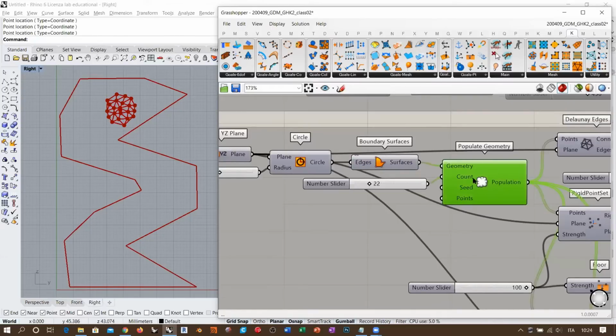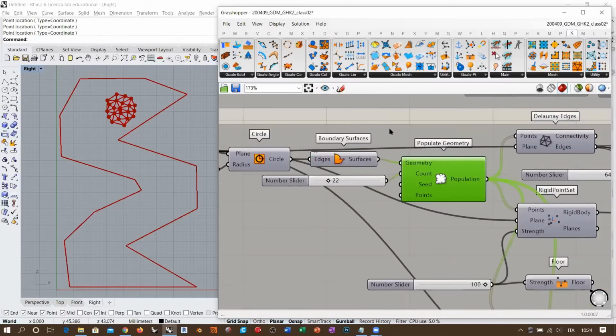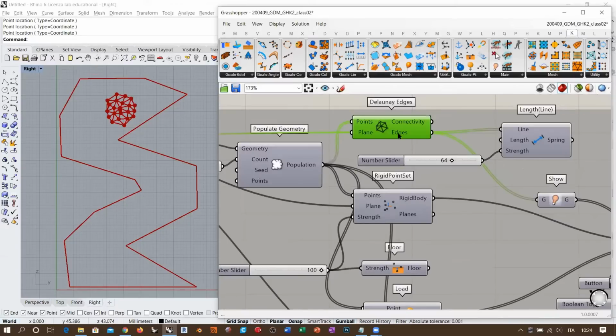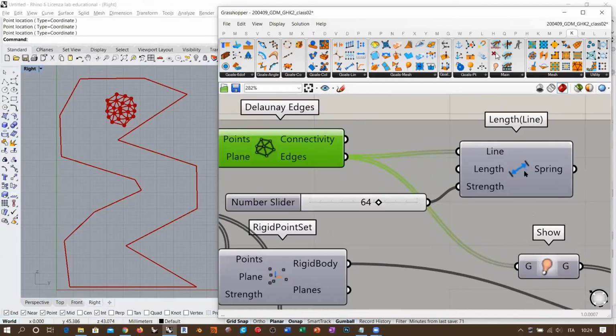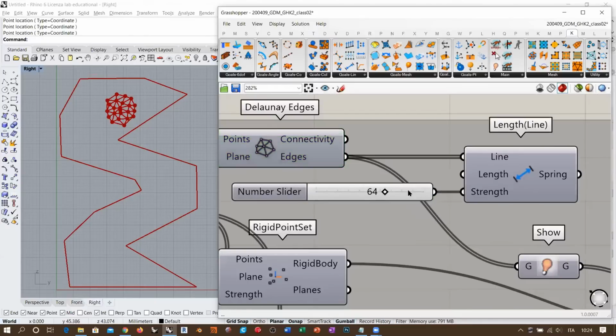Okay, and then I used the Delaunay edges in order to create this connection scheme, and then I converted all the connections into springs. And these springs start to have some kind of high value for the strength. Remember that this is always a scalar value in this case. Normally, when you work with real forces,